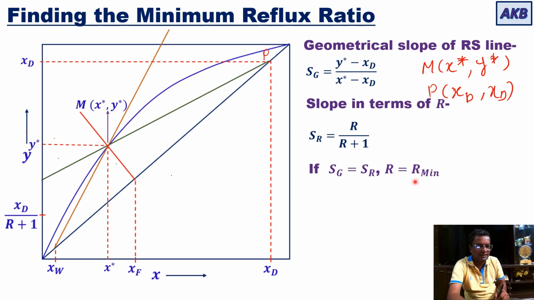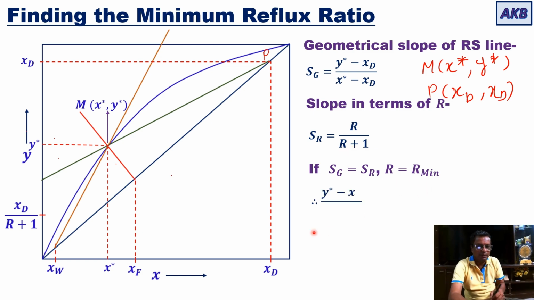That is, it is the minimum reflux ratio. So, if Sg is equal to SR, that means R is equal to R minimum. That means when you are at a point on the equilibrium curve, then the reflux ratio is minimum. So simply, if the geometrical slope is equal to the slope in terms of R, then R must be equal to